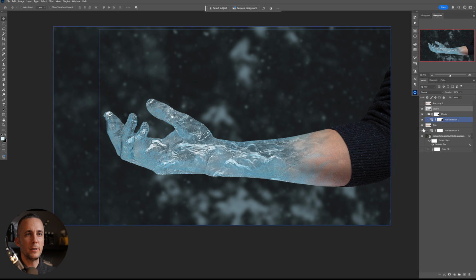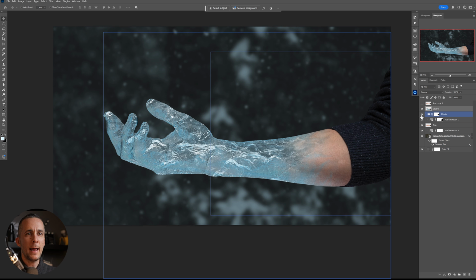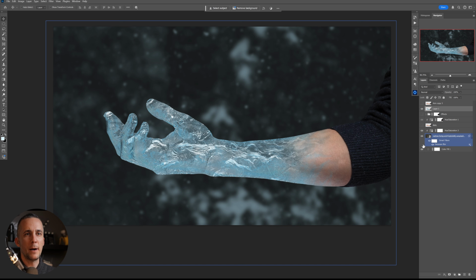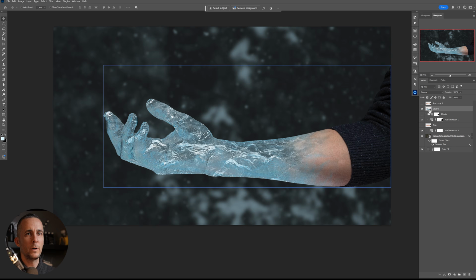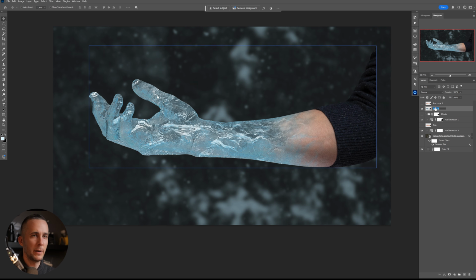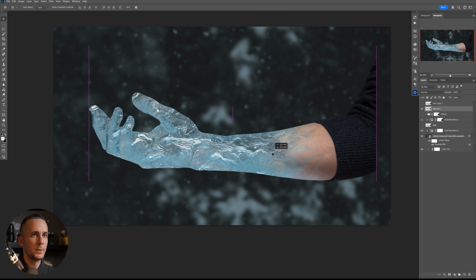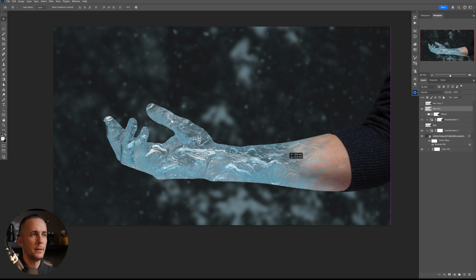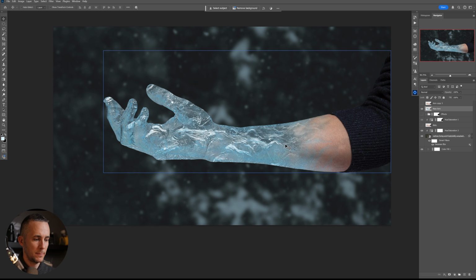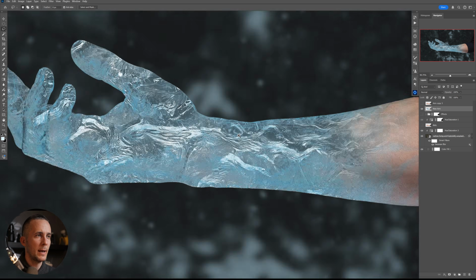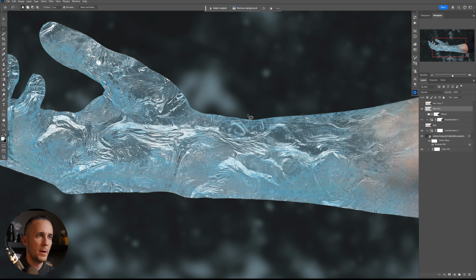So I can bring back everything here, and I can hide the effect and the arm and have only this one. This is the arm, so I will name it new arm. And now I will use L for lasso tool, but just move it back here, something like that. L for lasso tool, and let's see where I will crack it. So maybe here. Just go like that